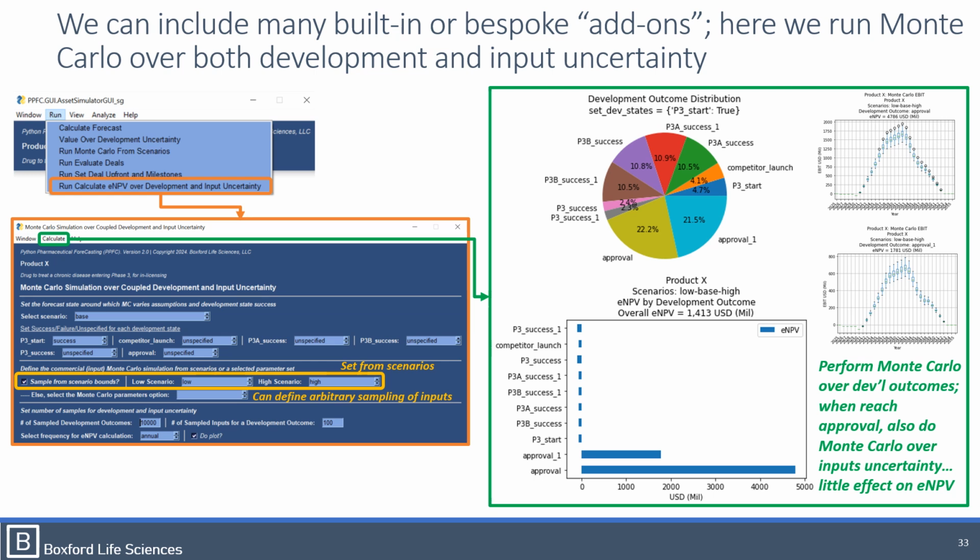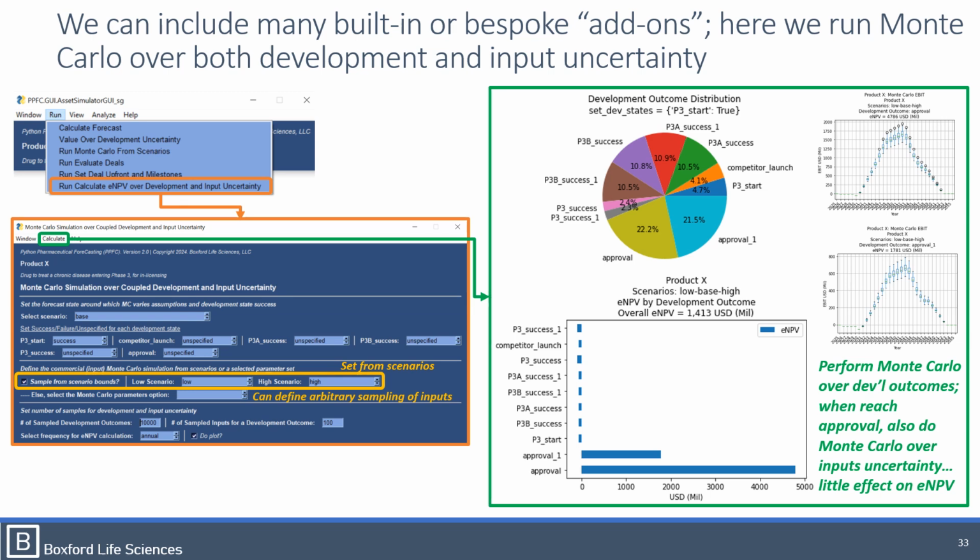We also, again, report the results of this so we can see in detail what's the whole range of values that we see as we combine all of the different parts of uncertainty together. In this case, it changes very little the overall expected net present value because our low and high cases are defined symmetrically around the base case. It doesn't really matter. So when we go and we do deals, we could go and we could evaluate them over all forms of uncertainty, but here it's sufficient to really only look at development uncertainty because we have these